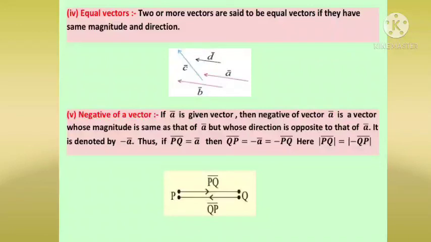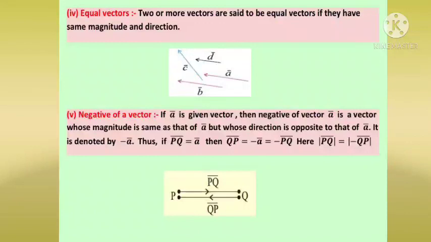So in all these four vectors, only a bar and b bar are equal vectors. Why? Because their direction is same and the magnitude is also same. Yes, c bar and a bar, b bar, magnitude is same but direction is different. So c bar is not equal to any of the vectors. And if you talk about d bar, the direction is same as a bar and b bar, but the magnitude is different. Therefore, it is not equal to any of the vectors. So clearly a bar and b bar are the only two equal vectors.